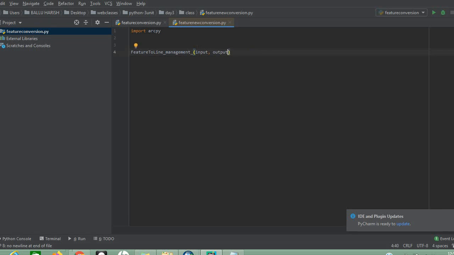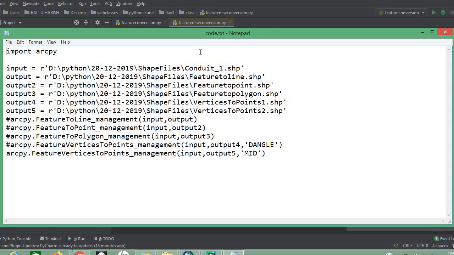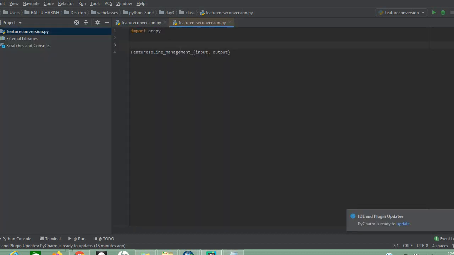Now we need to use the input folder. We need to assign both the input and output locations: one indicates where the shapefile exists, and the other indicates where the converted feature needs to be saved.